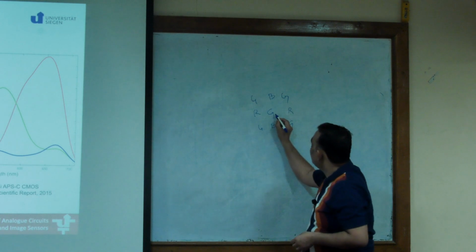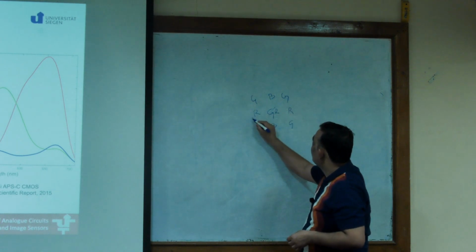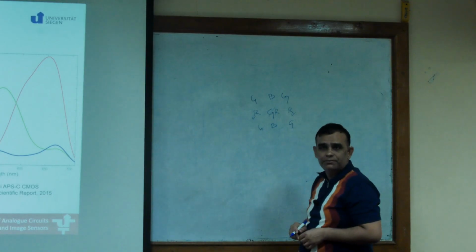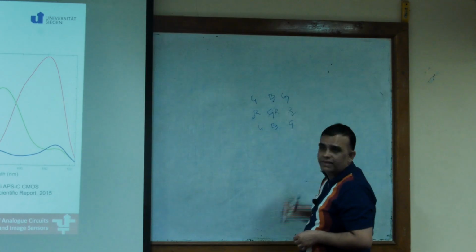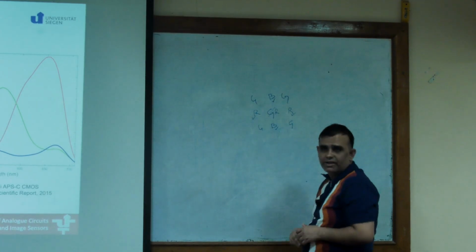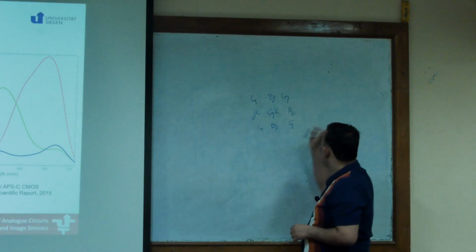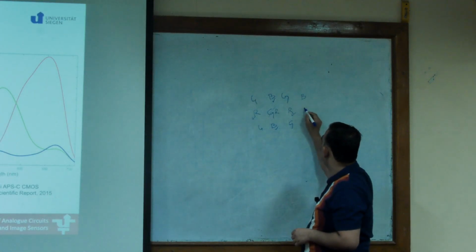If I want to find the red value here, I can take only the average of these 2. If I want to find the blue value here, I take the average of these 2. Green I already have there. Okay. Now if I want to come here,